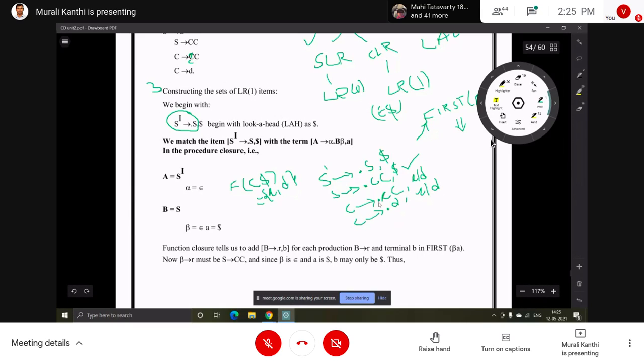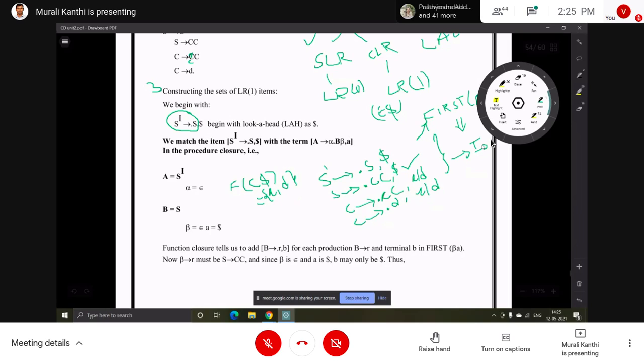Next, what do we have to see? After that, which symbol is there? Small c. Small c means a terminal, so no need to add a production. Then after that d is there. D is also a terminal, so no need to add that production. Now this is called the I0 item set.